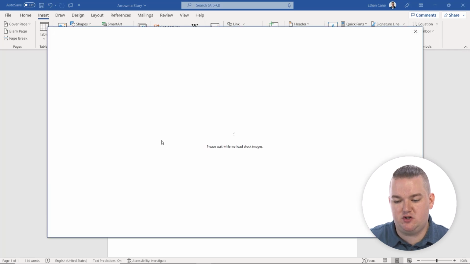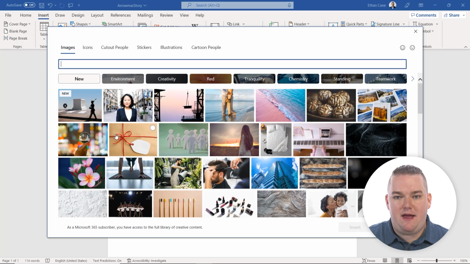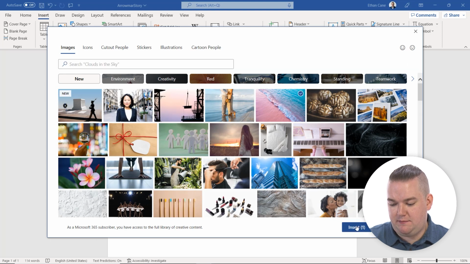So if we click on stock images, we can see this is going to depend in some part on the level of your Microsoft 365 subscription, but it's going to give you a preview of stock images that are pre-approved for you to use in your document. So you can just select any of these, and it's going to add that picture into your document. You just click Insert,